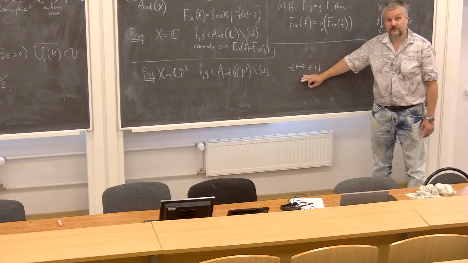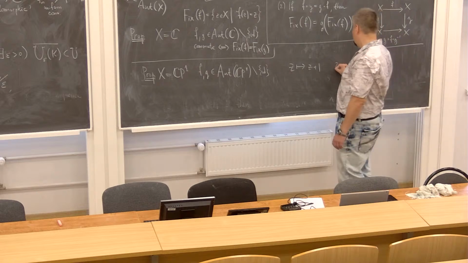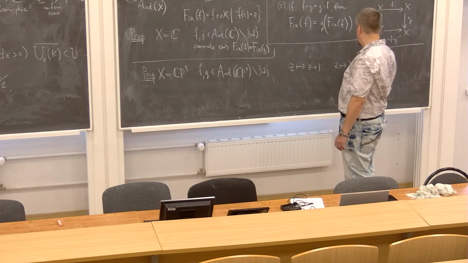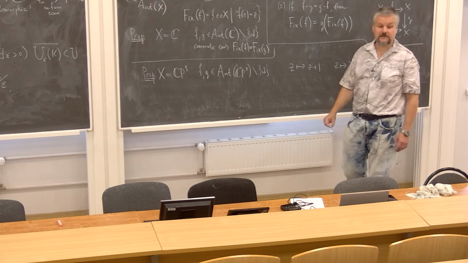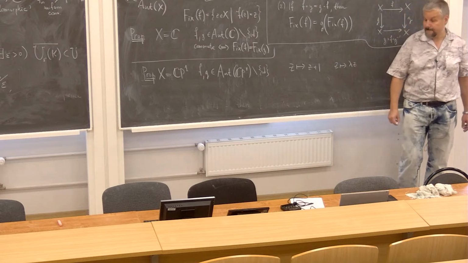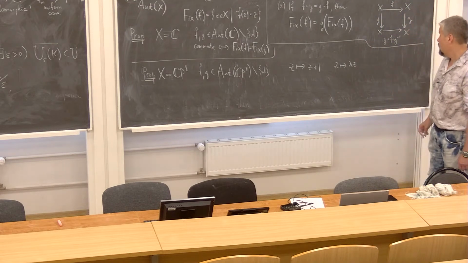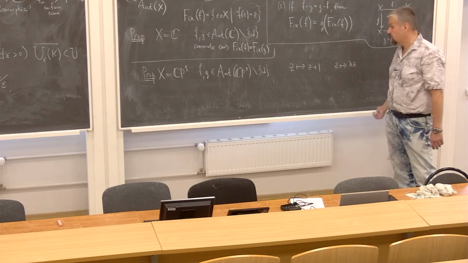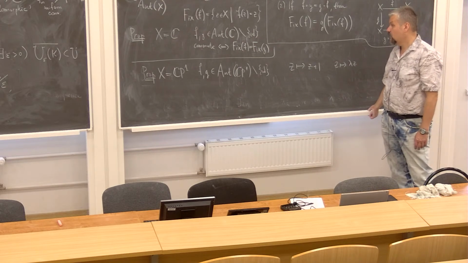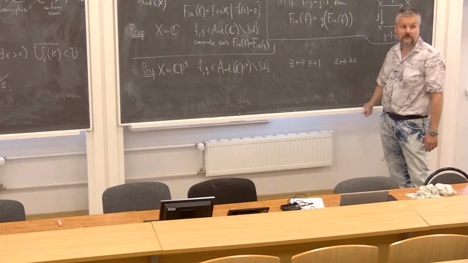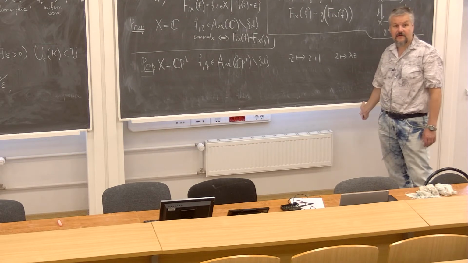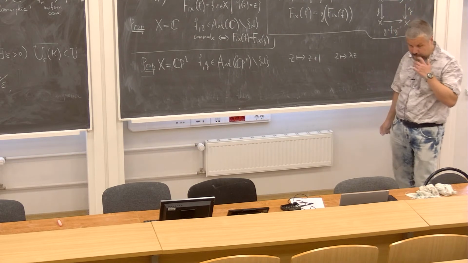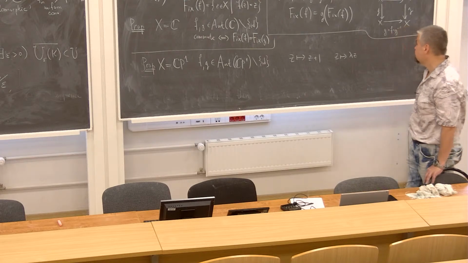That means that the two fixed points merge together. Now, if you have Z goes to lambda Z, then this map has two fixed points, namely 0 and infinity. And these are basically all the cases. Now, if F and G commute, then either they have the same fixed point set,